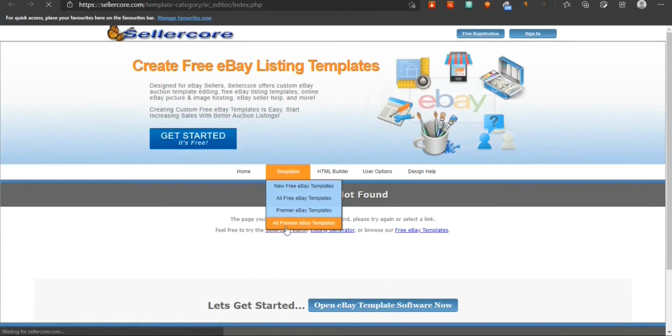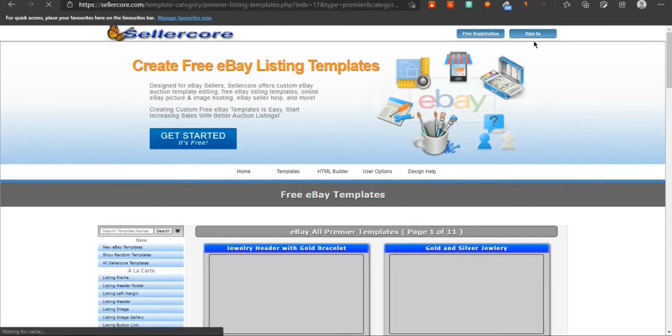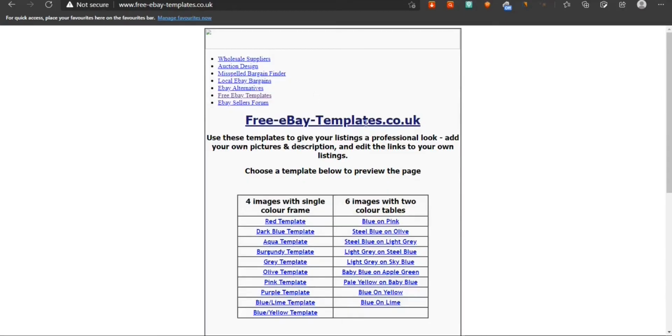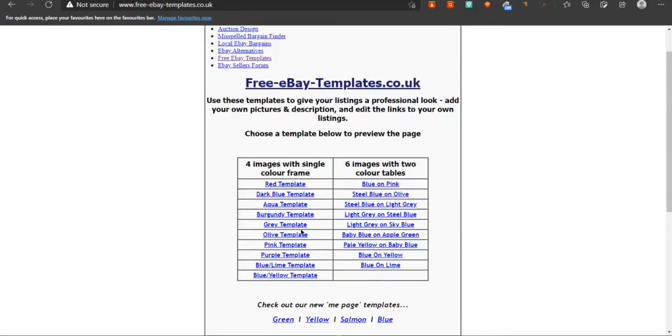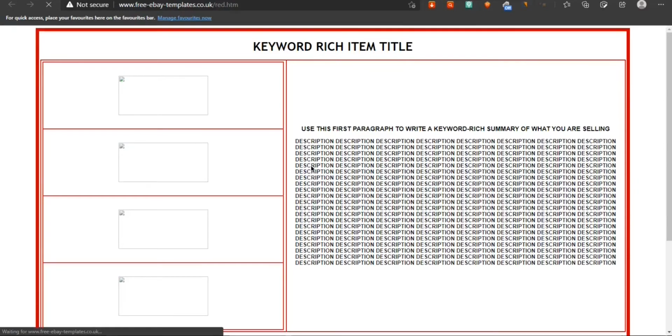Okay, let's go to our next, let's go to our second website. That's free eBay templates.co.uk. There are 11 as I think, no, there are 19 free templates available in this website. Let's see them.